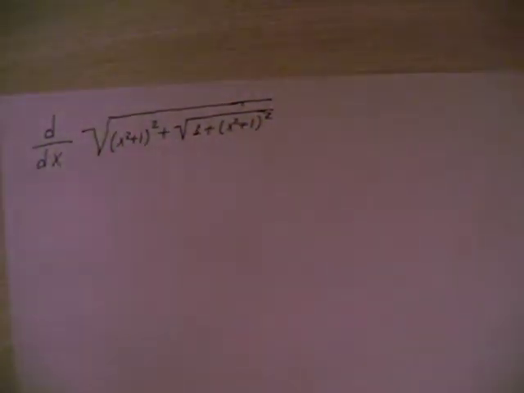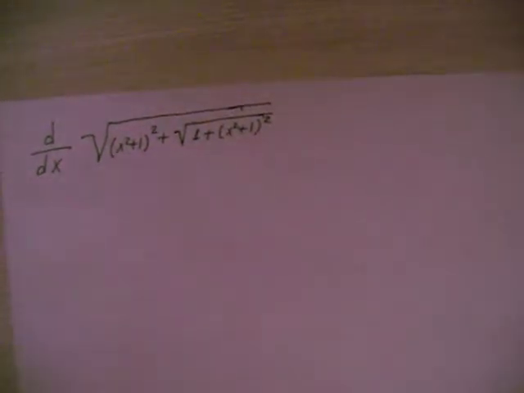Okay guys, let's find the derivative of this function, and we have here square roots in our function. So to make it easier to find the derivative, we have to change square roots into the powers. Okay, so let's rewrite our function. So we will have d dx,